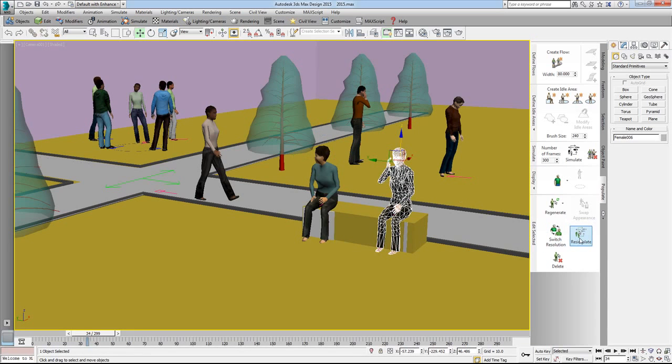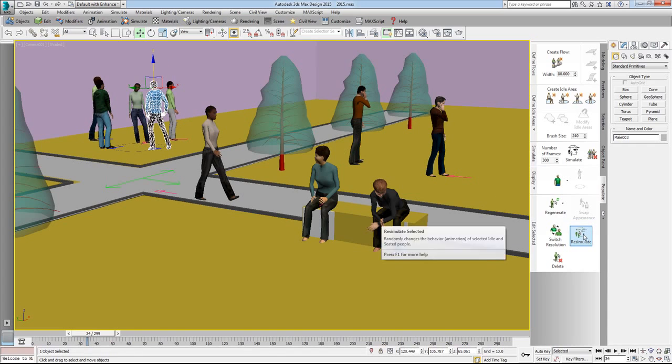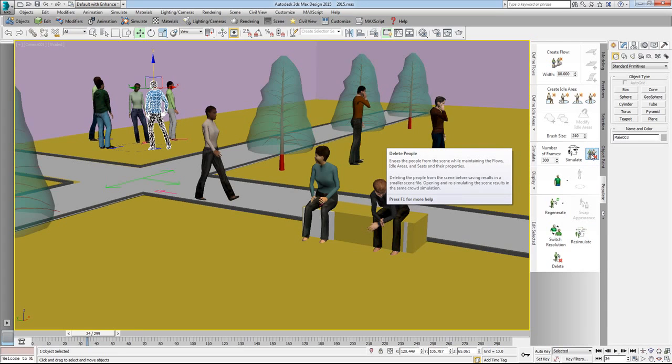Any model you can change and re-simulate. This one and this one, who are the idle people, I can change those positions and re-simulate. And this is a nice option.